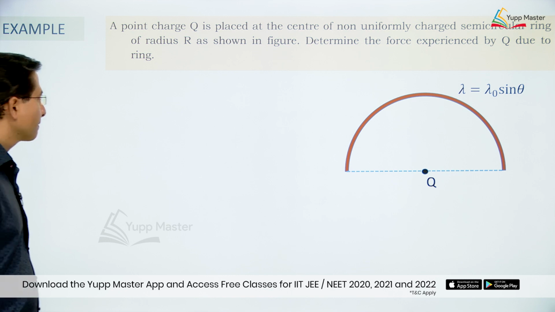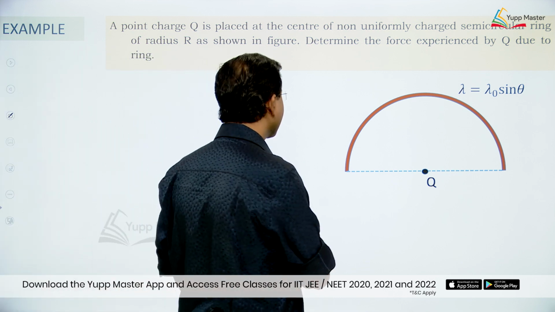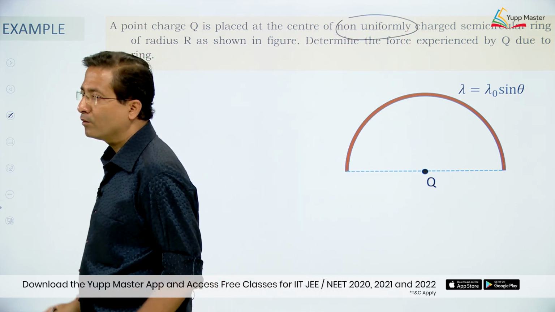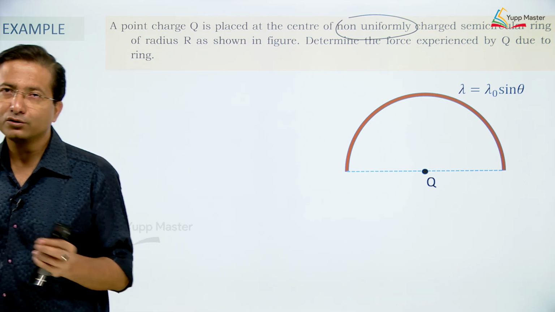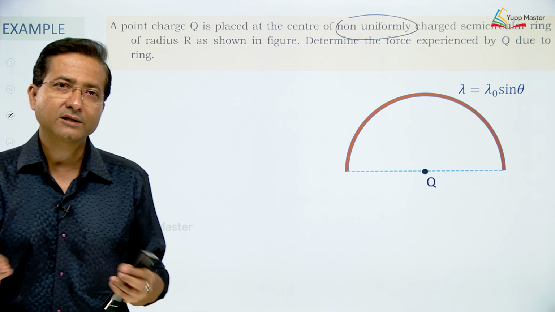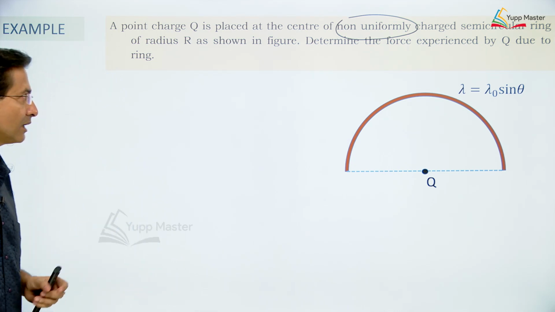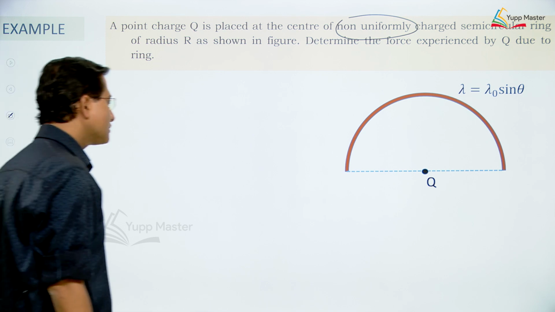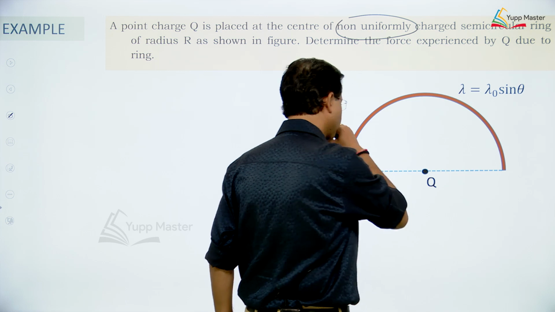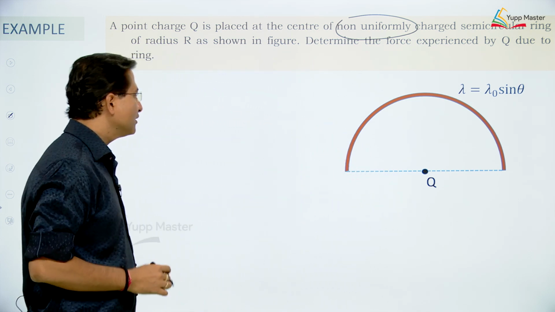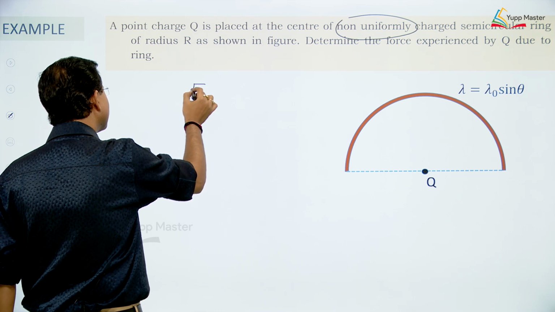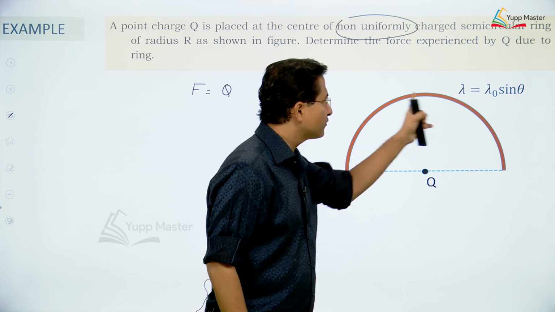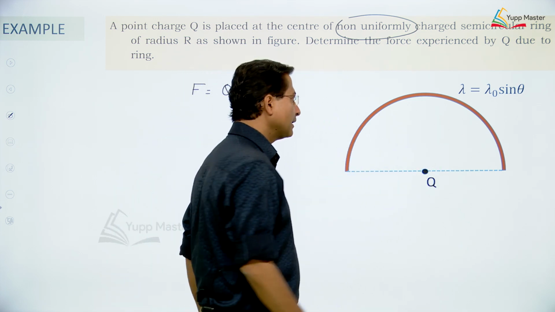Here there is a small change in the problem. Instead of distributing charge uniformly, now we are distributing charge non-uniformly, right. Charge is non-uniformly distributed. The question says find the force experienced by this point charge. So we can use this concept: the force is equal to the charge kept times the field created by this distribution. Here theta is from